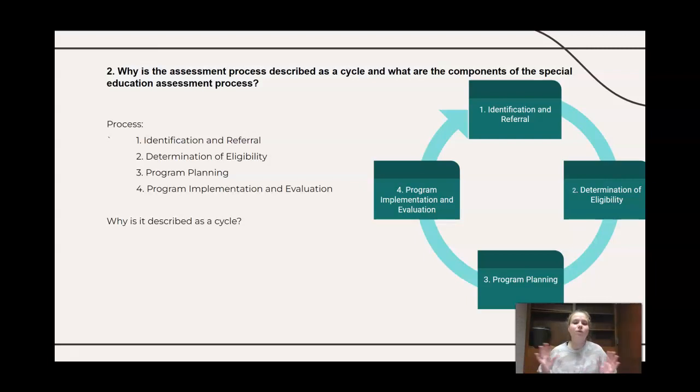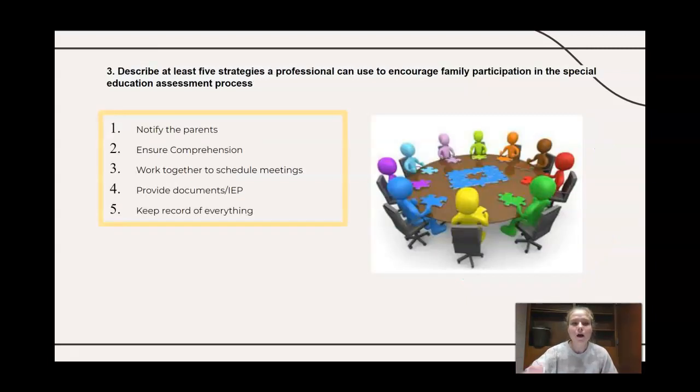Should we change this? Should we keep it the same? All those questions are why this is a cycle, because it's always evolving based on the child's grade, their progress, their age, and even their environment. For number 3, describe at least 5 strategies a professional can use to encourage family participation in the special education